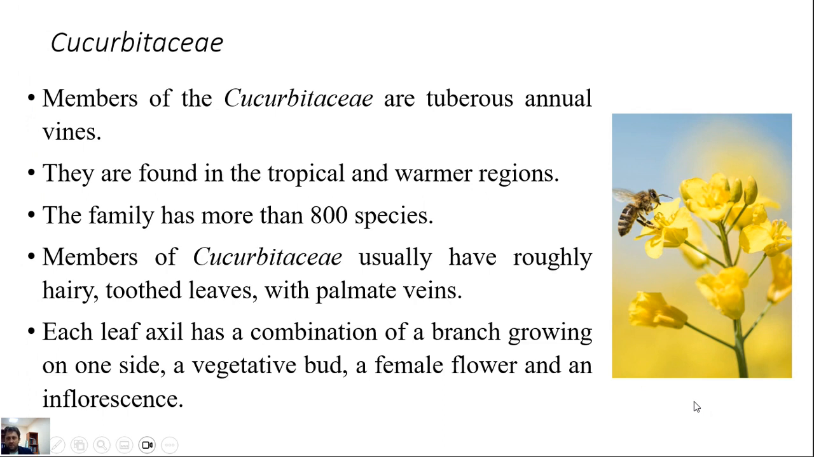Members of Cucurbitaceae are tuberous annual vines, and they're found in tropical and relatively warmer regions. In general, more than 800 species are present in the Cucurbitaceae family, and the members have rarely toothed leaves and palmate veins, and each leaf has a combination of a branch growing on one side, a vegetative bud, and a female